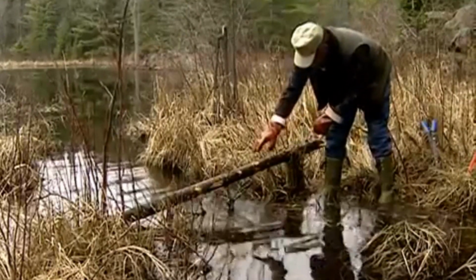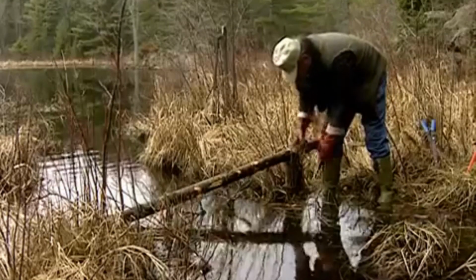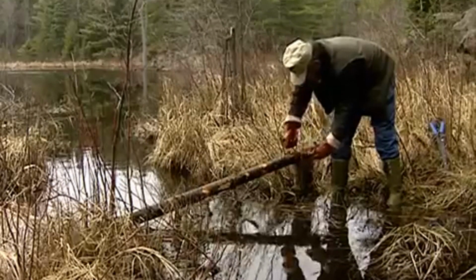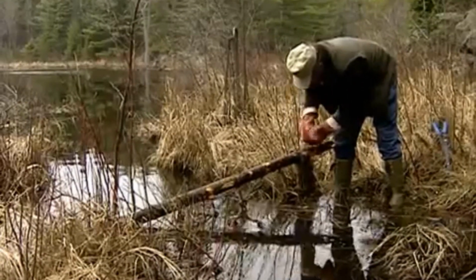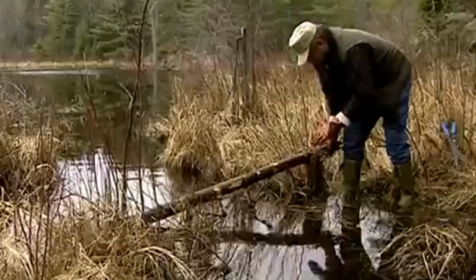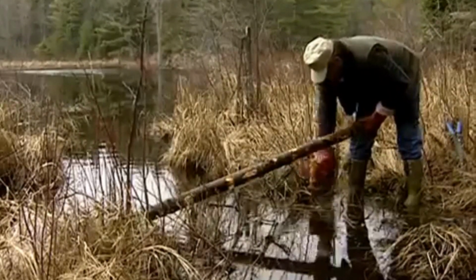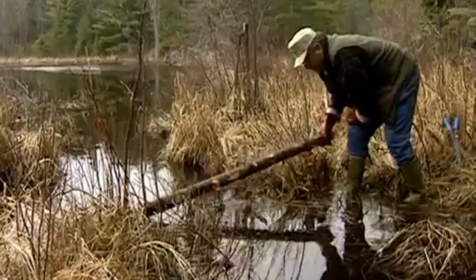Now you notice the trap has been tied to the pole. It's also important that the pole be tied to something. So we'll put a piece of wire on the pole, which will stay on the pole, and when you come back to check your trap, it will be stationed on the pole. The stake has been driven here, right here, as you can see. Solid stake. When you lower your pole in,